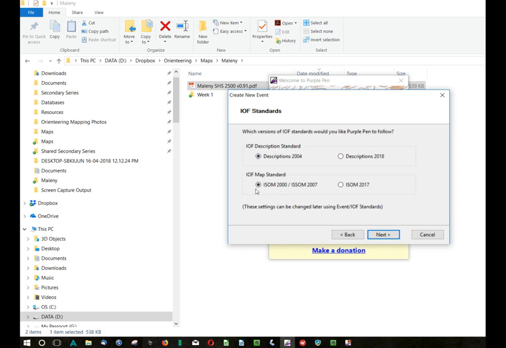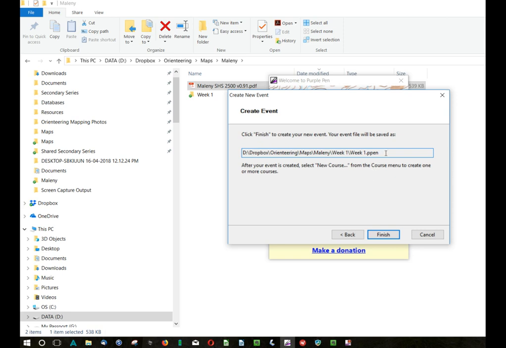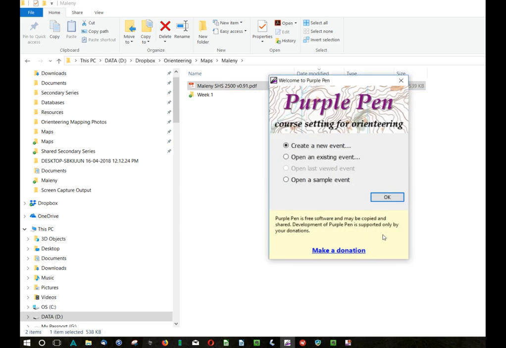When you see the IOF standards screen, in most cases for a school map, you'll leave it as Descriptions 2004 and ISOM 2000, ISOM 2007. These values matter far more for more formal events, but on a school map, these settings are fine. Click Next. The set of flags that I own start at number 51, so I'm adjusting the starting code from 31 to 51 and clicking Next. The directory is displayed in the Create Event dialog box, and that looks acceptable to me, so I'm clicking Finish,